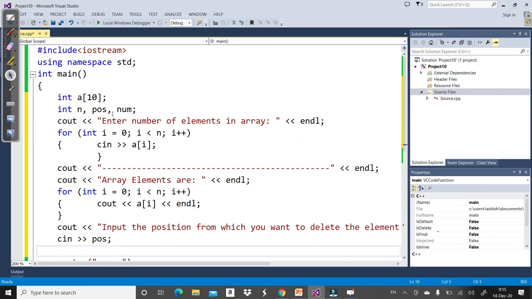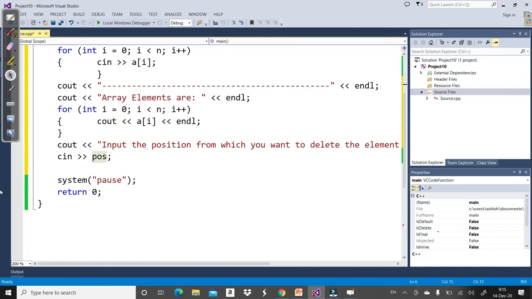We need only the position because it is deletion, we are not inserting. When we insert, we also need the number we want to insert, but because this is only deletion, the value is already stored, we want to simply delete the stored value.